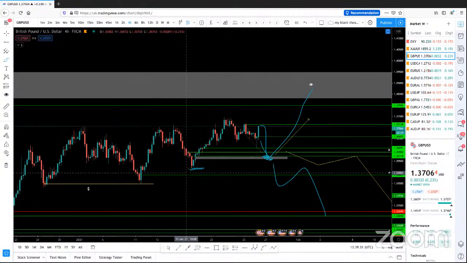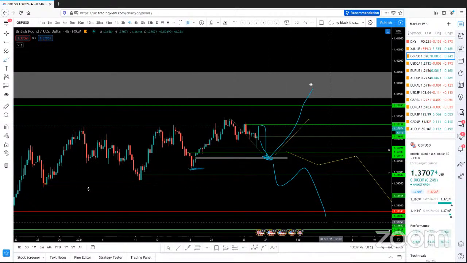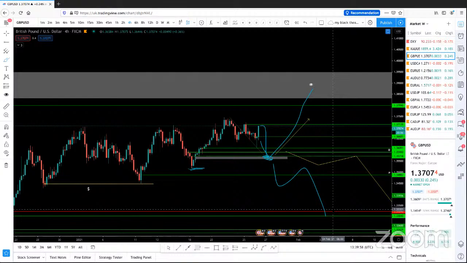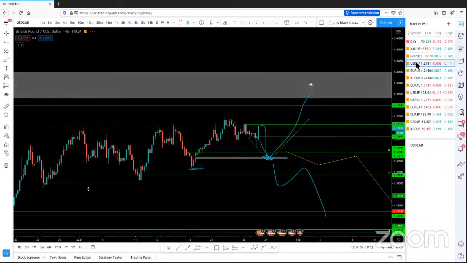The third scenario is, based on the dollar index, if the dollar index gets strength and its momentum changes to bullish, then we have a possibility of breaking this low and GBP USD running lower. So this is the way we approach the market, guys, based on the move. We have to be ready in order to capitalize on the move. Let's move on to USD CAD.